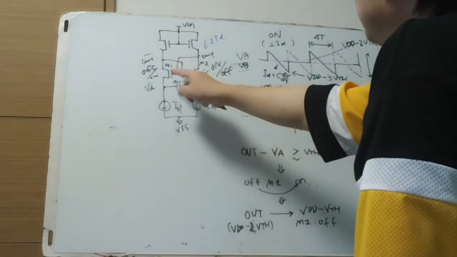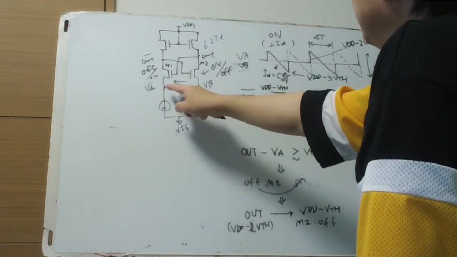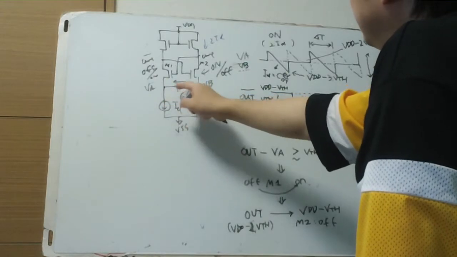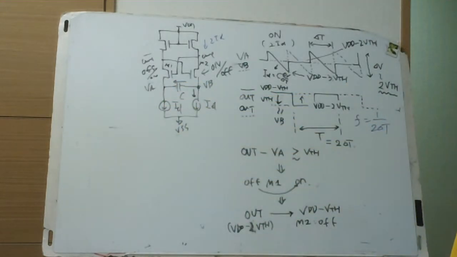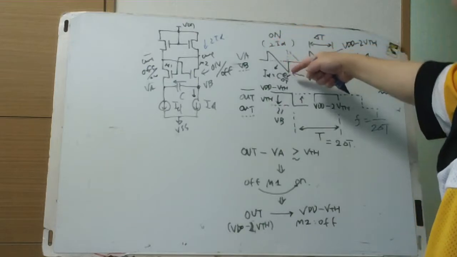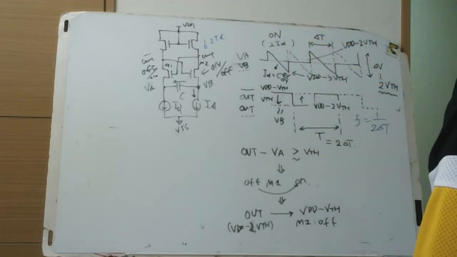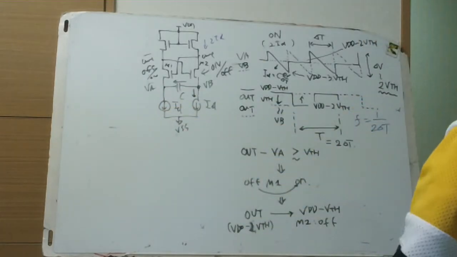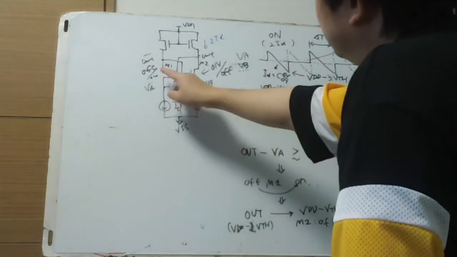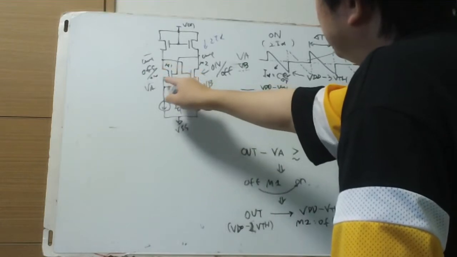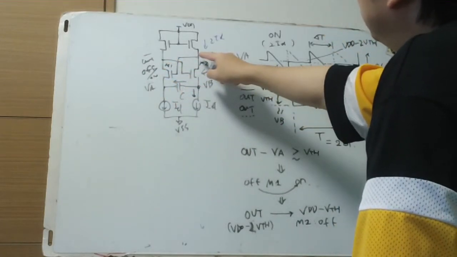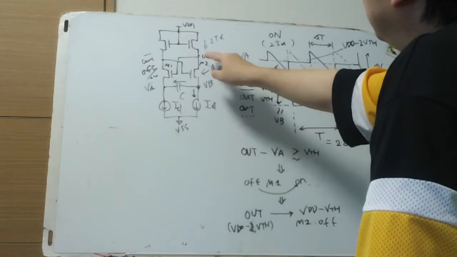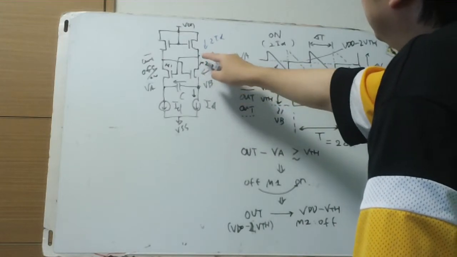And when M1 is off, VA is high impedance and is discharged to here. How much VA can be discharged is determined when this is on. And Vout, when M2 is on, is going to